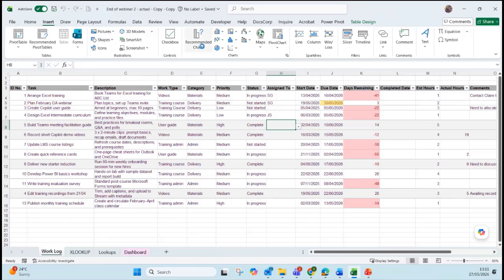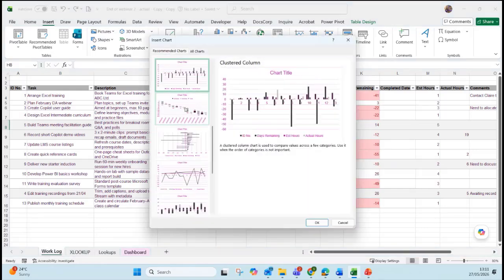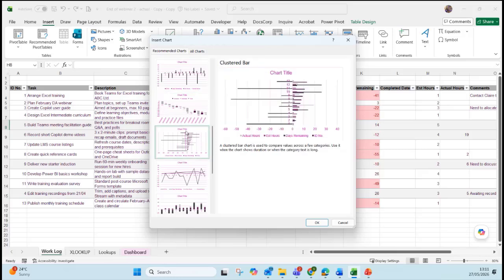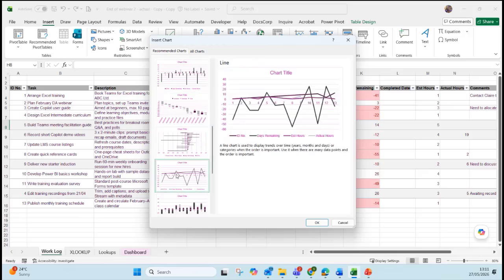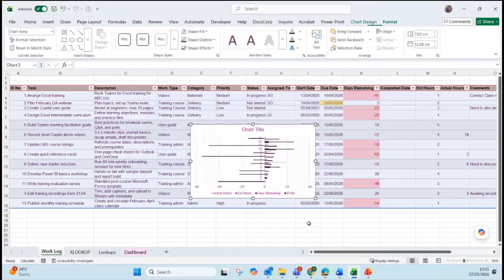Those are the first few charts that I have, these ones at the top here. Then you'll notice the chart starts to get a little bit strange looking and not as useful. These ones here are your standard Excel charts. So if I inserted one of these, there's no pivot table, it's not a pivot chart, it's a normal Excel